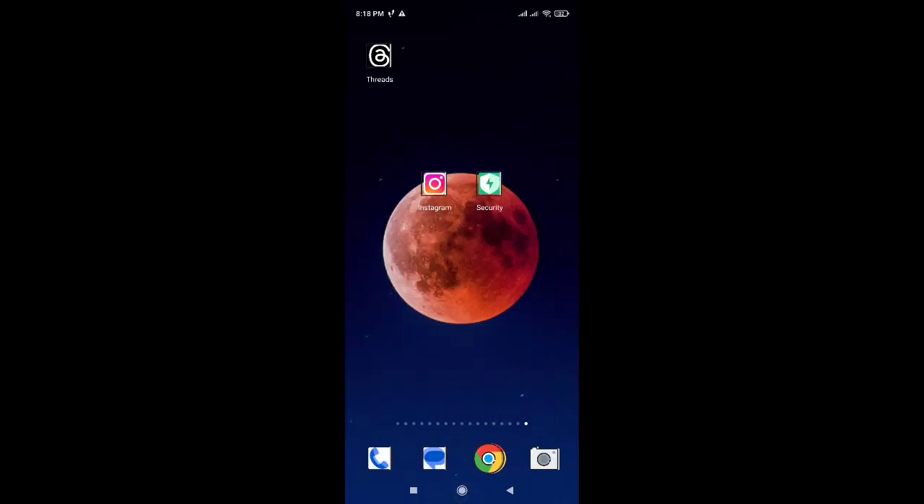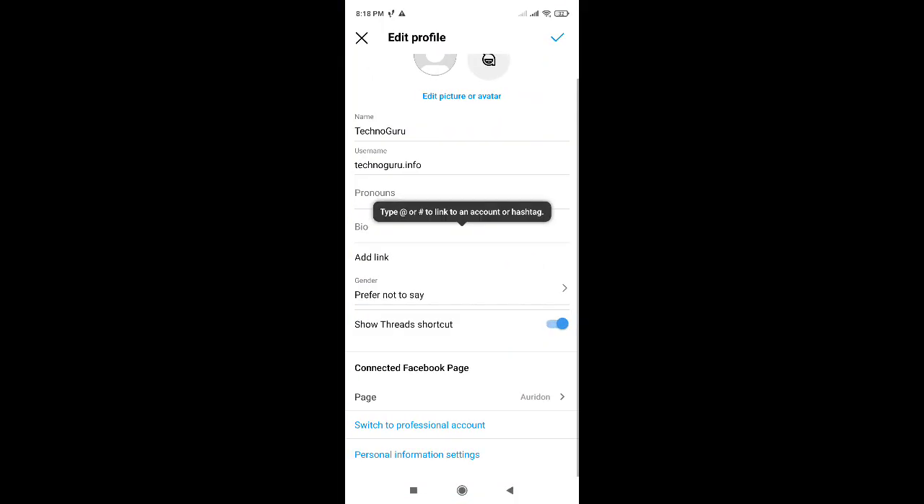Then go to the Instagram again, and here add to the bio this text. Or you can just hold and paste. And then click on the check mark on the top right,